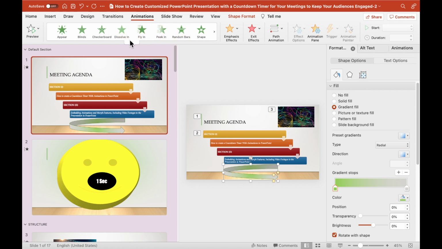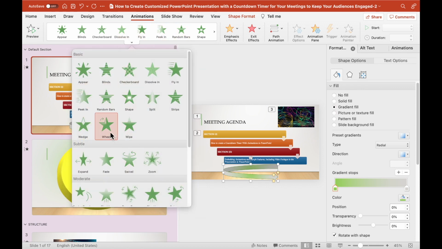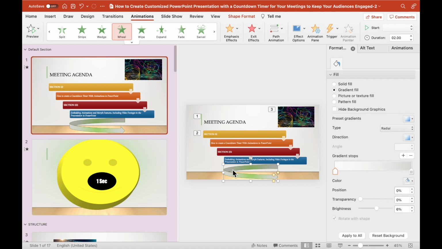We will go ahead and add animation for that as well, and it's going to be the wheel. And that looks really good. And then the duration is 2 seconds. So that's actually perfectly fine. And it's also set at number 4, which is good. So I'll go ahead and